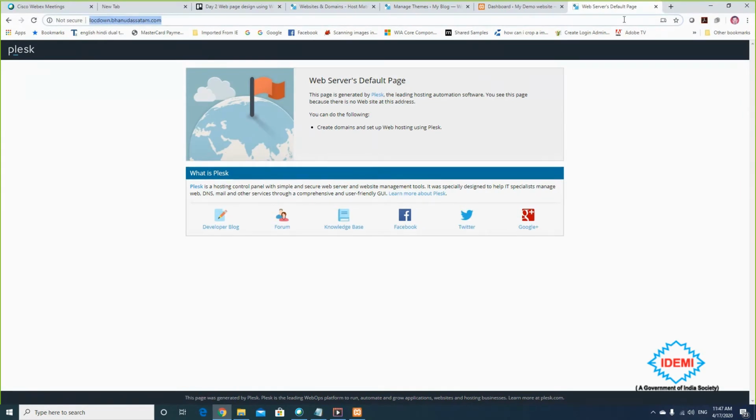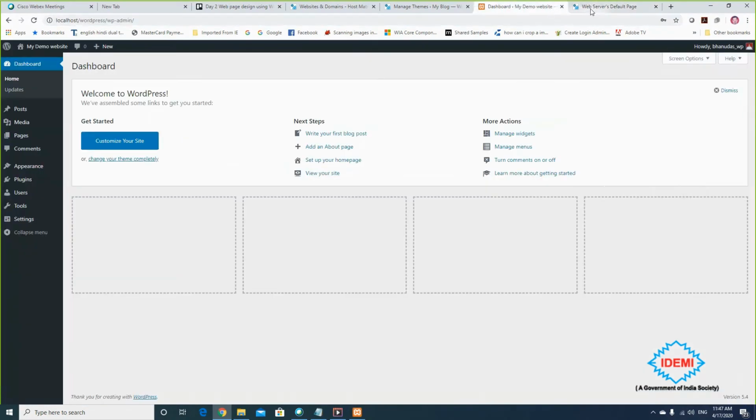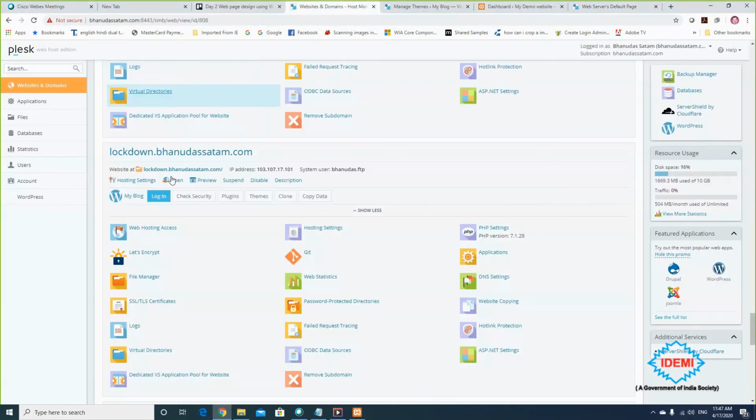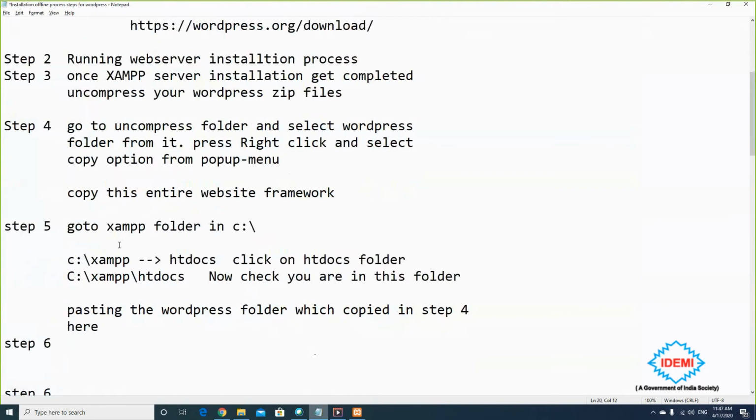But what I showed here is that you can install directly by clicking a button on the website. There is a simple button; you just click it and automatically everything takes place. You don't need to make any effort the way we learned yesterday.